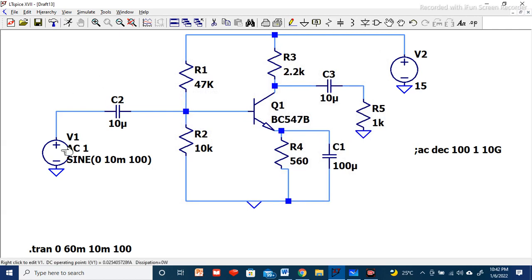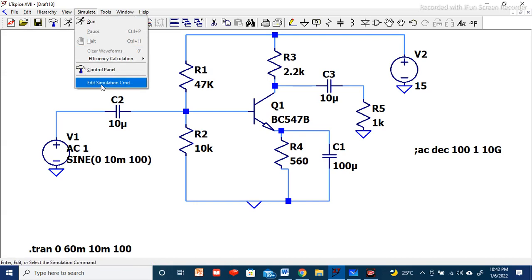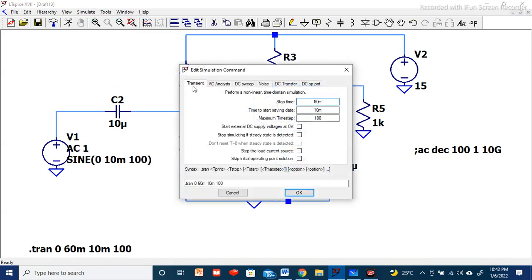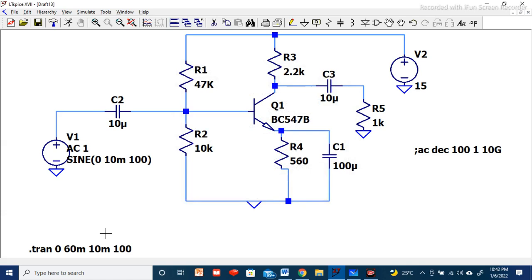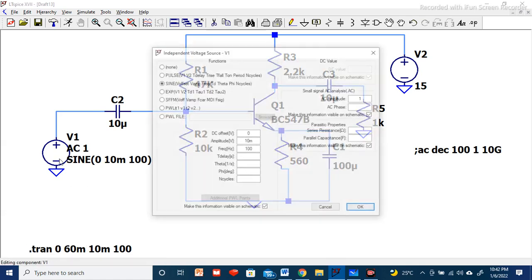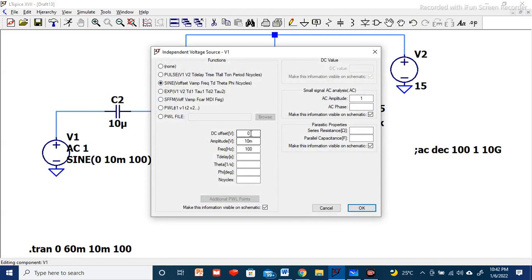We have just defined certain value and we'll go to the simulation window, edit simulation command, and we'll go to the transient analysis. So here we have given stop time 60 millisecond. Start saving data after 10 millisecond, and maximum time step 100. These three values you have to define and you have to press OK. Your transient response will be defined here, and then you go to these values, and for sine you define 0, amplitude of 10 millivolt, frequency of 100 Hz.